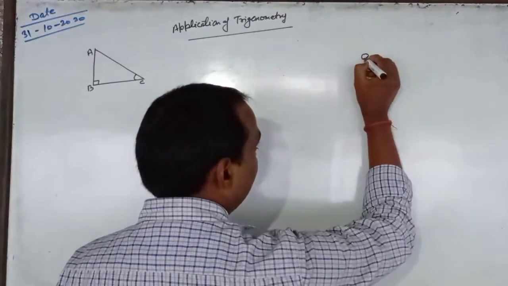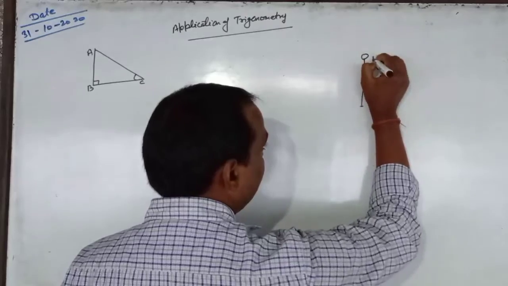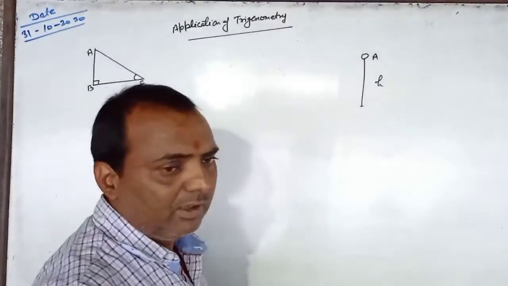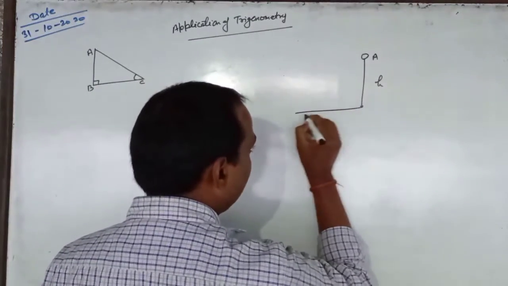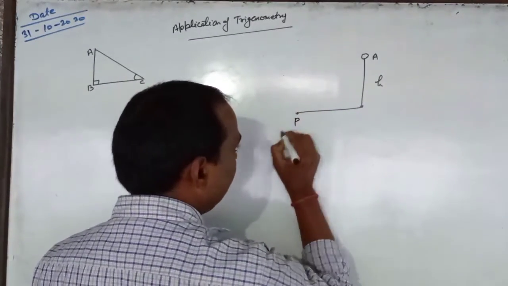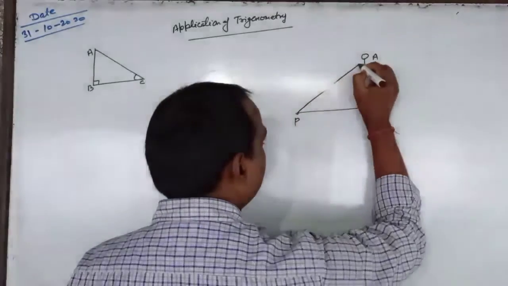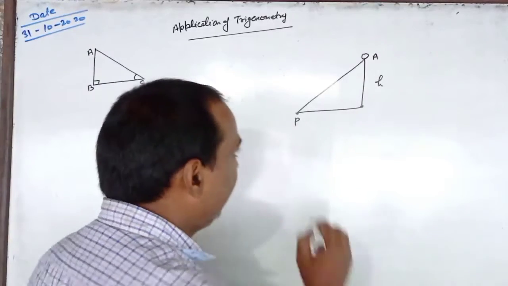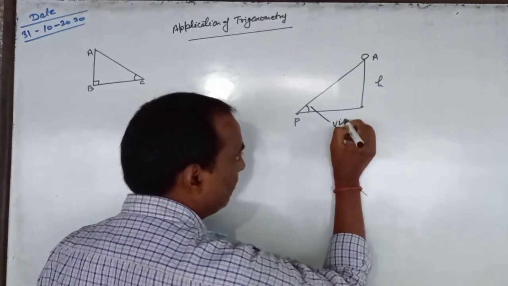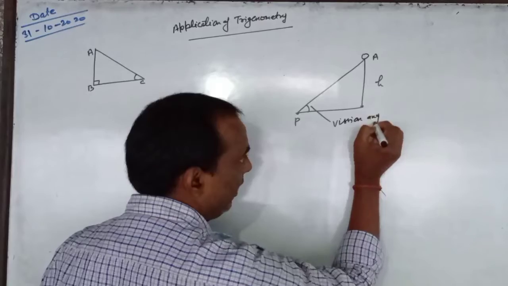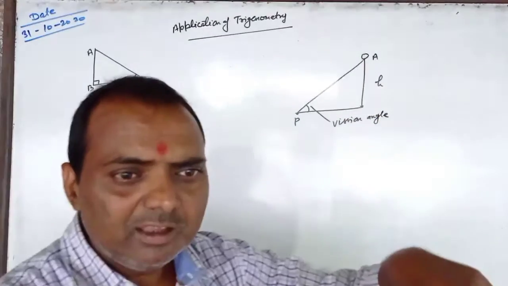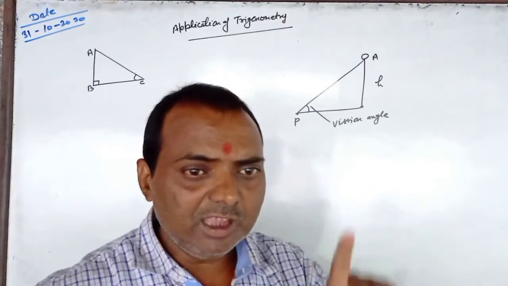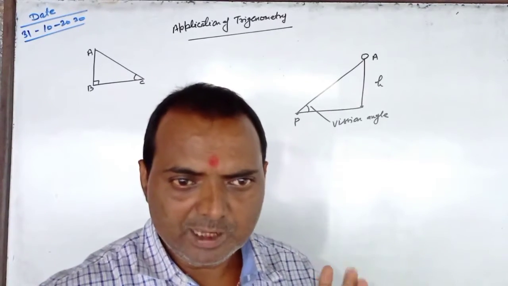let an object A be at the height of h, and if we see from ground level P, then between that object and our eye there is a vision angle, or from a high if we see any object, then there is also a vision angle,